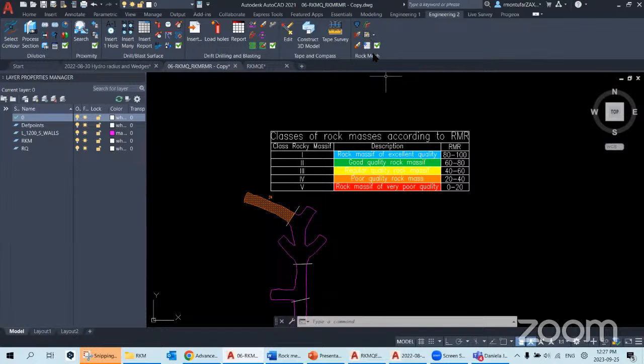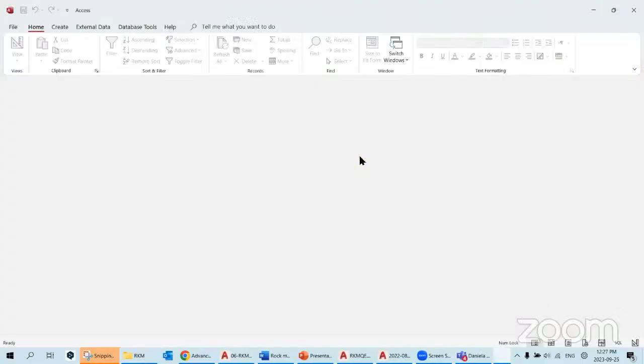If you wanted to export this data into a database, you can do it now. This is a new command, and you can do it using this icon down here. Obviously, for this, you will need a database. I've gone ahead and created one